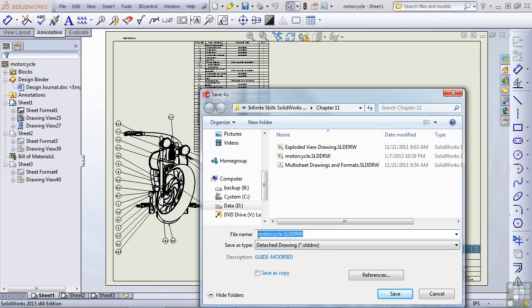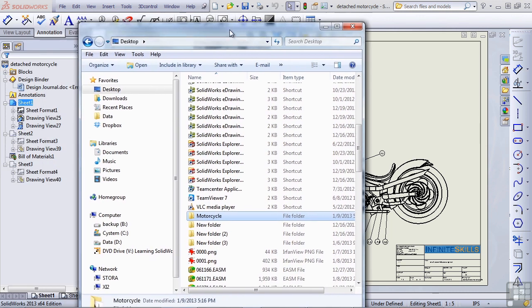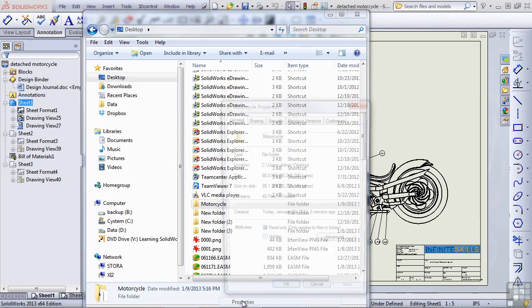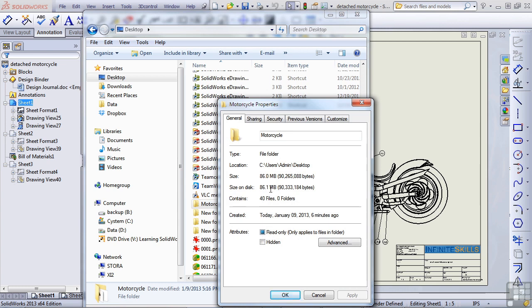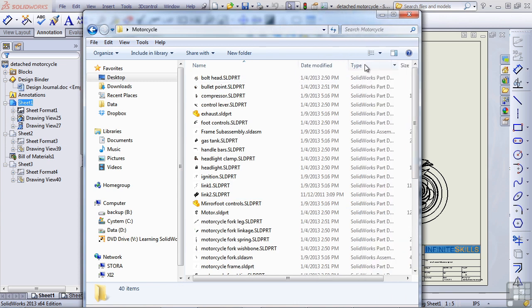So I can save this with a special name here as Detached Motorcycle and just click on Save. It takes a little longer to save out a detached drawing because SOLIDWORKS is copying the data from the part and assembly files into the drawing. Okay, the save function is over. Now I want to compare some file sizes. The motorcycle folder, if we take a look at this, is about 86 meg. If we look inside the motorcycle folder at the drawing